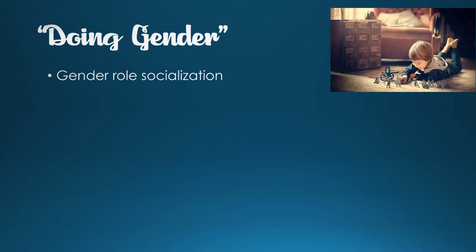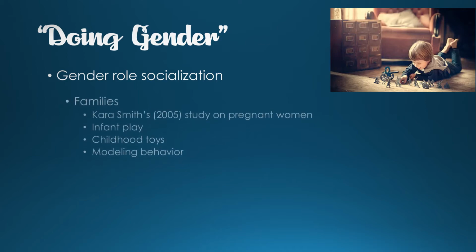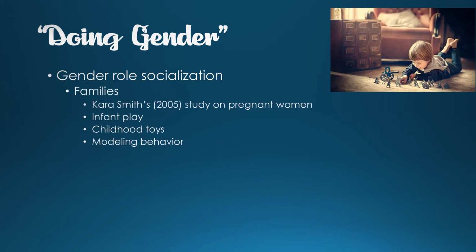And we learn this from a wide variety of places. So gender role socialization typically starts in the family. There have been quite a few studies that examine gender role socialization within the family. Kara Smith in 2005 did a study on how pregnant women talk to their bellies. She had this really interesting finding that when women who were pregnant talked to their bellies, they actually interacted with their own unborn child differently